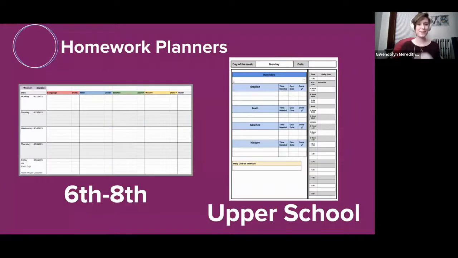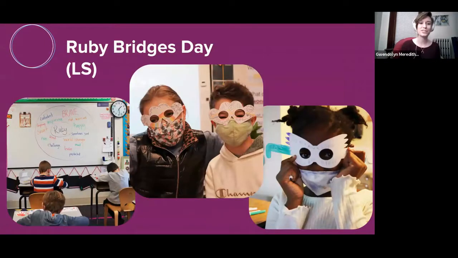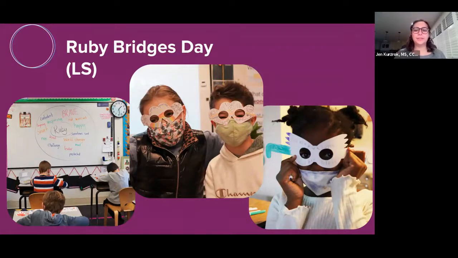Here's another example of gradual release with our Ruby Bridges Day. So we wanted to touch on Ruby Bridges Day, which we celebrated a couple of weeks ago on all 3 of our campuses, as an example of how we vary a skill for this gradual release model and a developmental model for something that's a little harder to see and less tangible than something like homework. So our school-wide theme this year is perspectives and perspective taking, which was the inspiration for our executive function topic this evening.